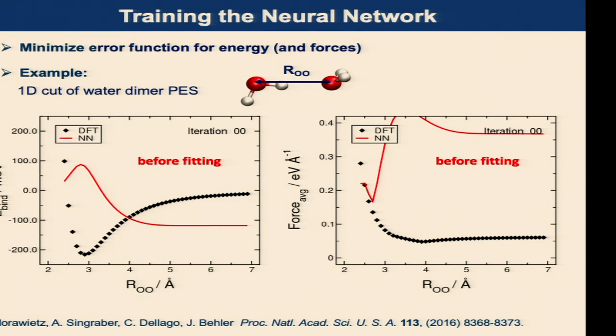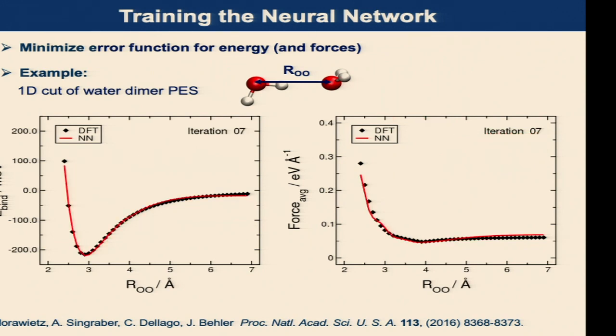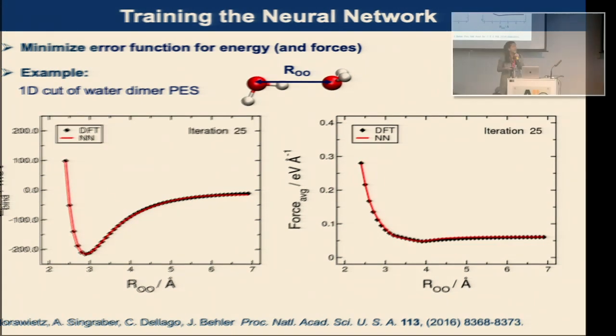On the right-hand side, we show the same. And the red is the neural network fitting. At the beginning, we have random weight parameters. It can be anything. Then after minimization,